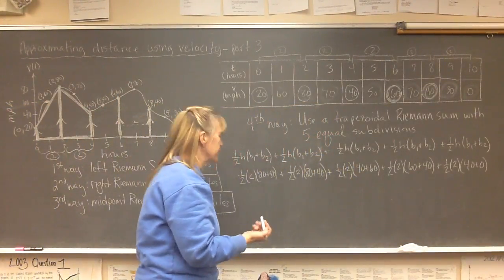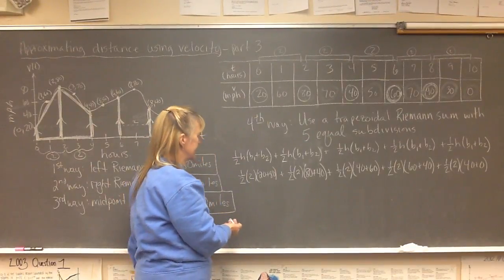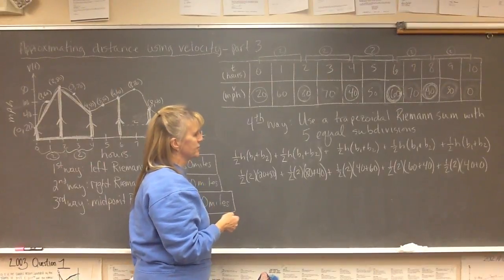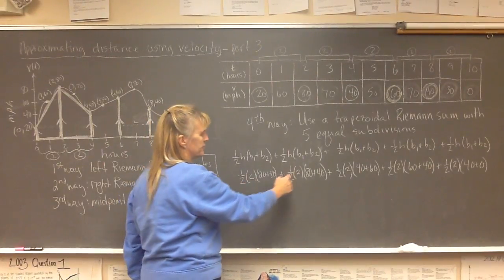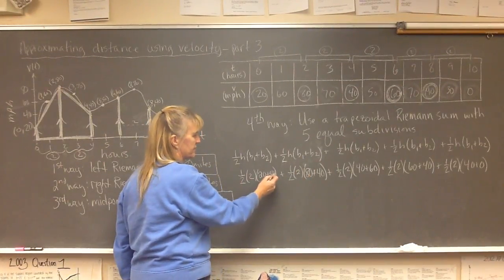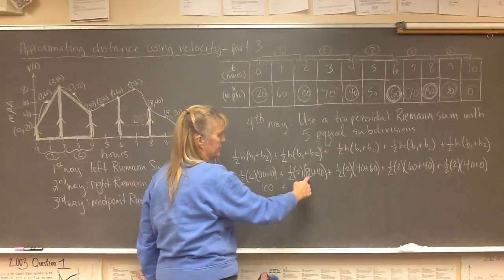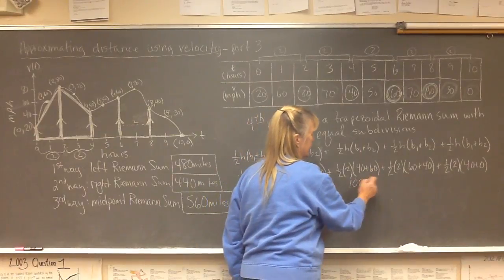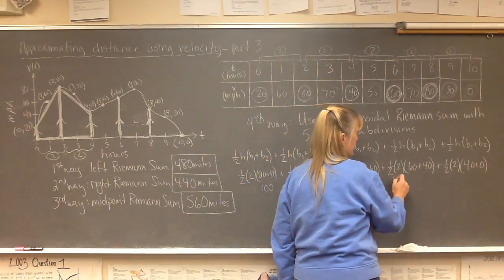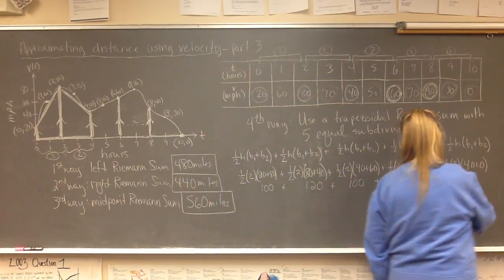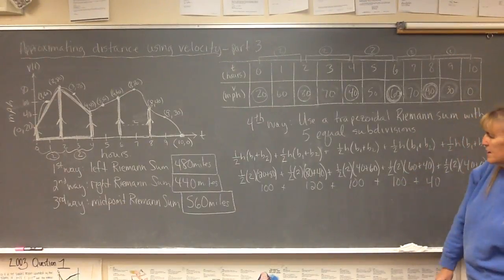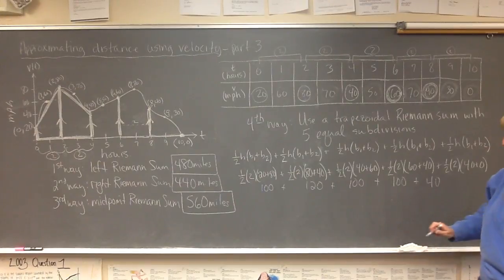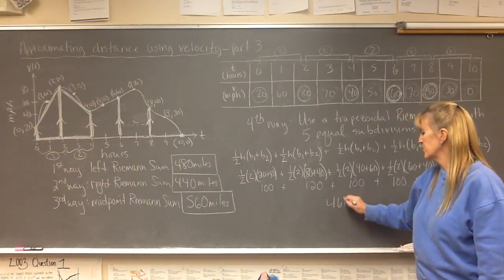Right? Again, trapezoid's a little weird because it is kind of flipping things between what used to be a base and what is a base now with a trapezoid. But 1/2 times 2 in each case is gone. What's 20 plus 80? 100. What's 80 plus 40? 120. What's 40 plus 60? 100. And another 100. And 40 plus 0 is 40. I add these up. I get 100, 200, 300, 420, 460. This is a total of 460